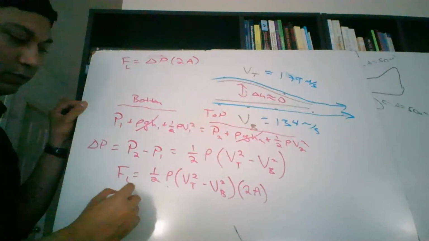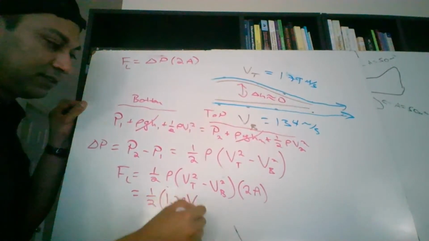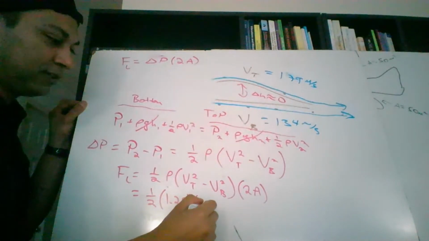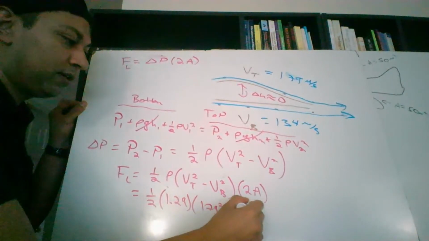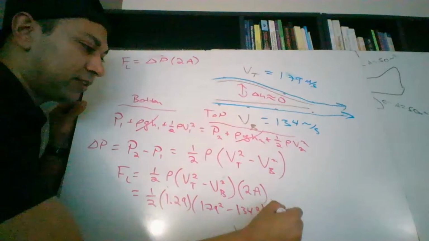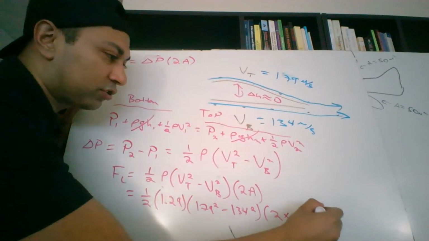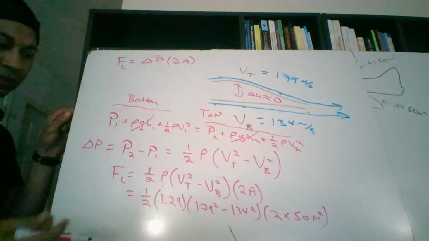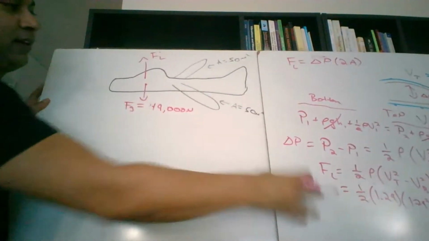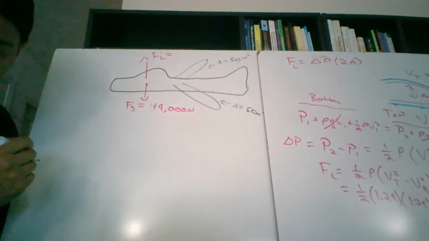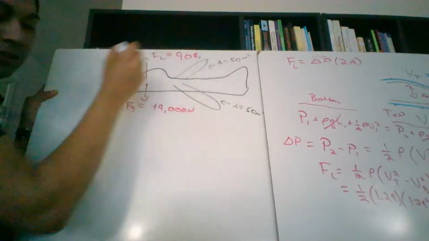From here, we can plug in our values, so it's going to be 1/2 times 1.29 times the velocity at the top, which is 179 squared, minus the velocity at the bottom, 134 squared, multiplied by 2 times the area, which is 50 meters squared for each wing. And when we plug all of that in, we will get our value of the lift force. And the lift force is going to equal, in this problem, 908,